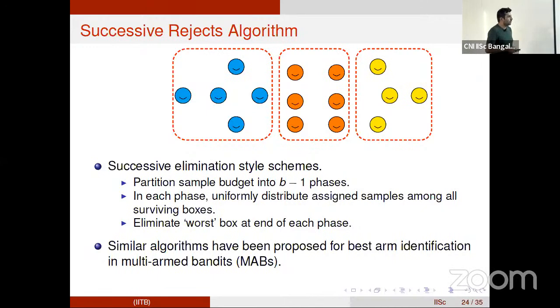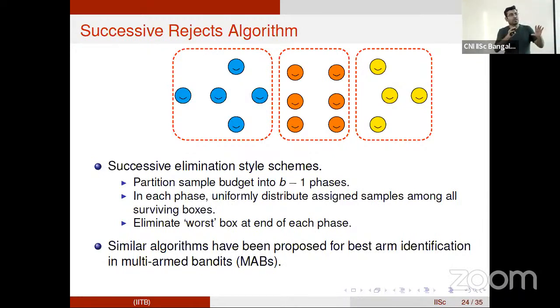Certainly. There is one more question from the online audience. How should we partition the budget depending on population distribution? So the budget across the phases is, again, a design choice.